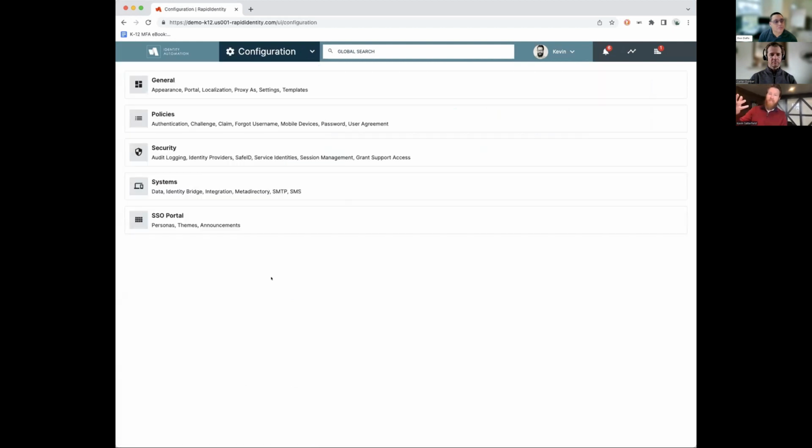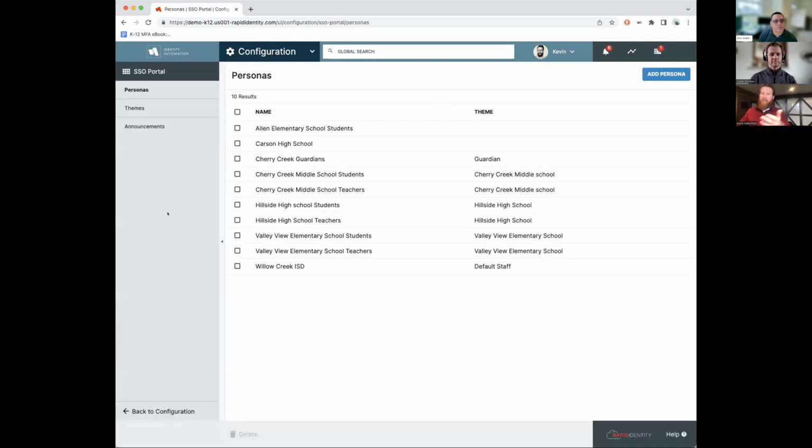Now I have the keys to the kingdom here, right? I'm a major stakeholder in our environment, but you could also provide access at a granular level to what we're about to look at. So if I want to provide the ability to make these dashboards to maybe campus admins or more local level administrators, I can absolutely do that as well and still restrict some of the bigger ticket items. The key here though is I jump straight to SSO portal, and we'll notice the first thing that we'll